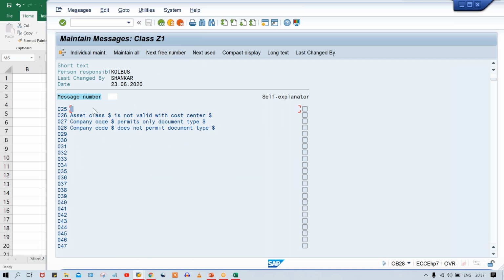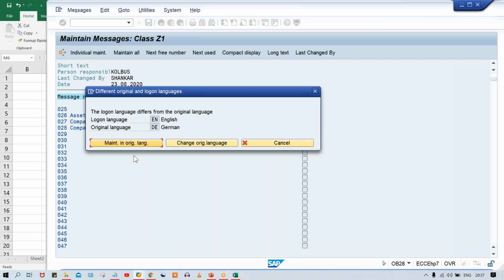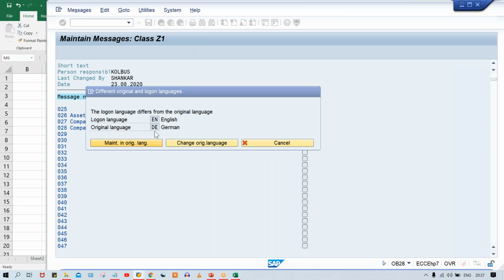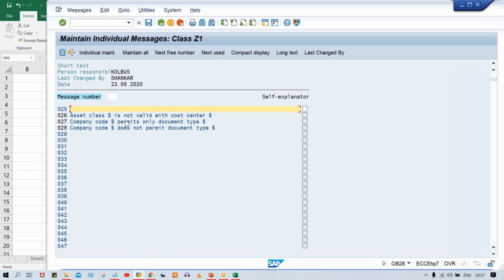So now in this message number 25, there is no message specified here. So you just double click on this one. And I think some error may appear. Click on maintain in original language, and here I'm going to define